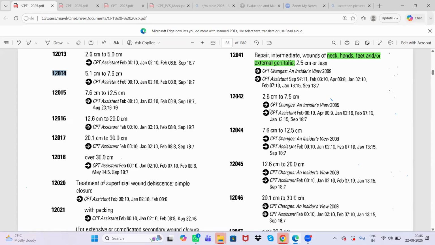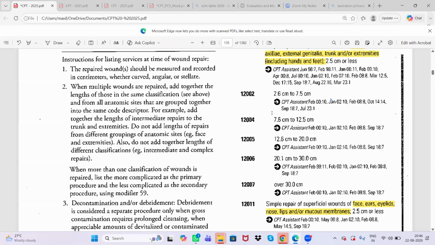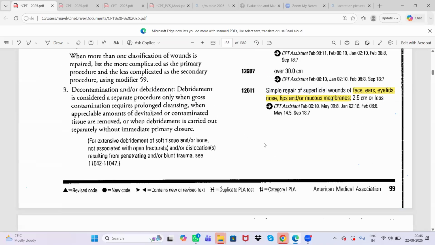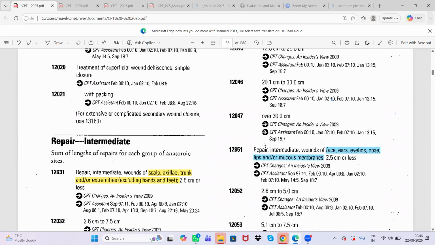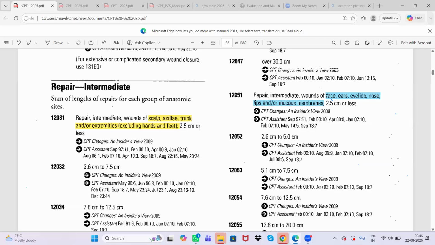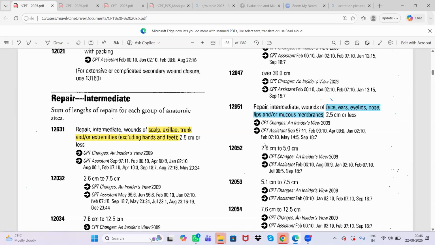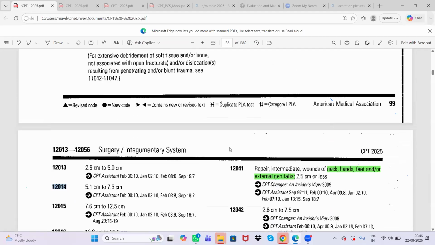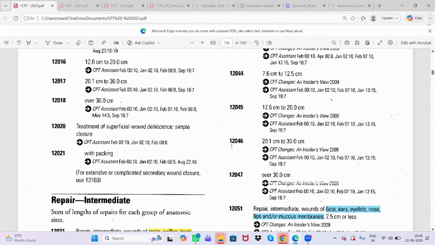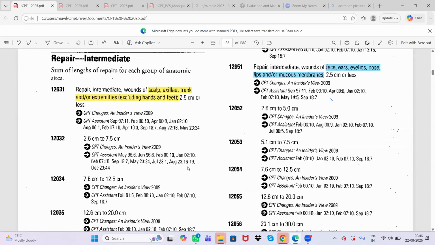12013, 12011. 12011 and right, 12035. 2 centimeters outside. I have mentioned on hand, right? 12 centimeters, correct? 12 centimeters, yes. 12034 and 12011. 12044. Here, okay. Intermediate or simple?